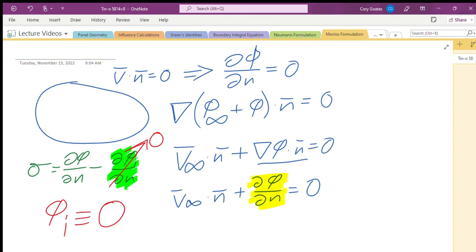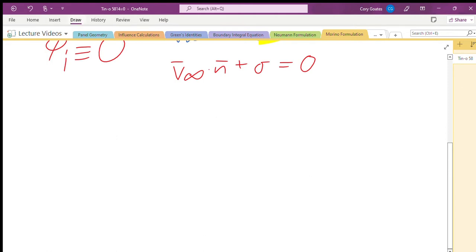Because if phi sub I is 0, well then its partial derivative in the normal direction is just going to be 0. And we have that sigma is equal to partial phi partial n, which is exactly what we have in our equation over here on the right. So we can write V infinity dotted with n plus sigma is equal to 0. Rearranging that, we arrive at the remarkable and non-intuitive result, I don't know, maybe this is intuitive for you guys, that sigma is equal to negative V infinity